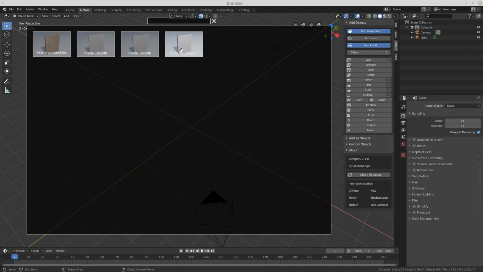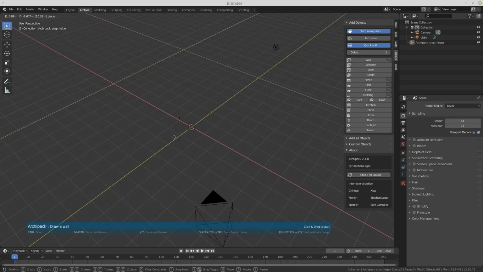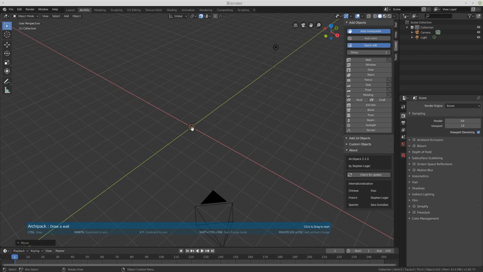Then I choose my wall, which is basically an outside one, and you can see the snap in action here. I'm going to start from the center of my scene, click left, and while keeping it pressed, I simply drag where I want the end of my wall to be.